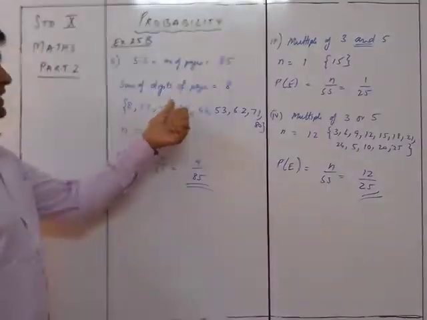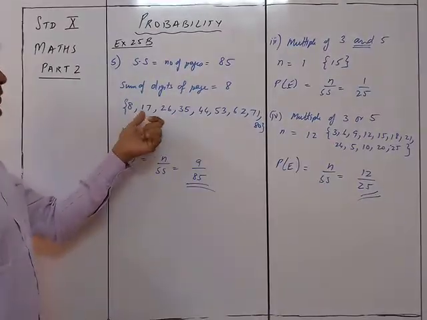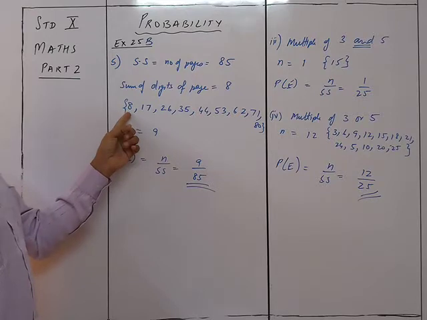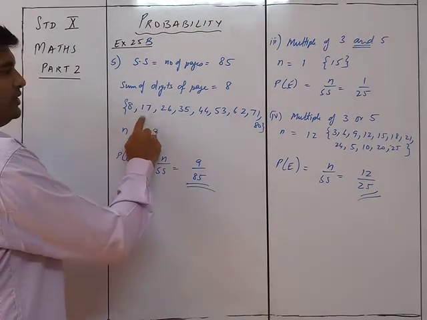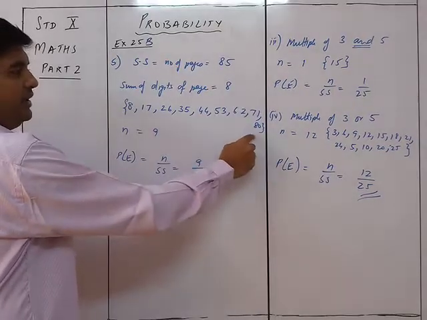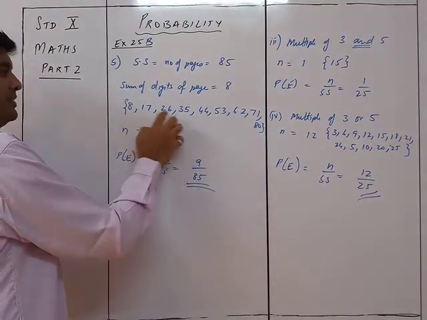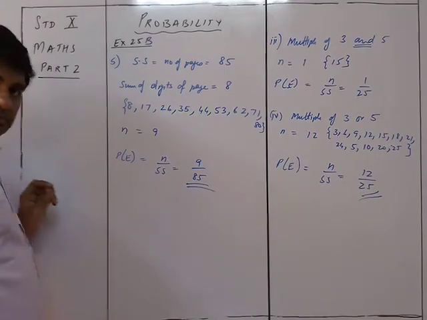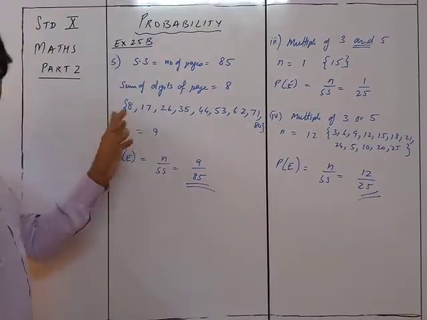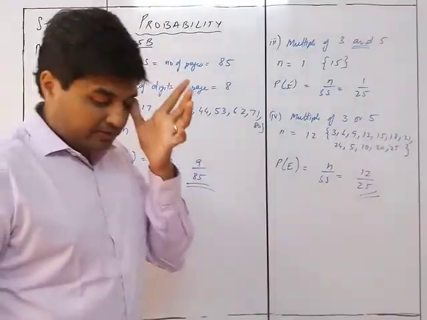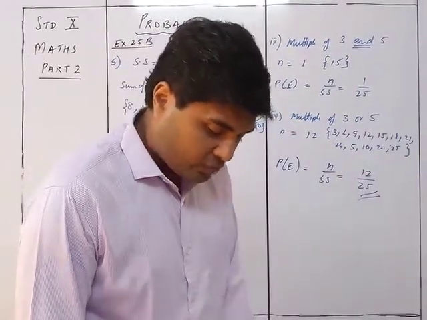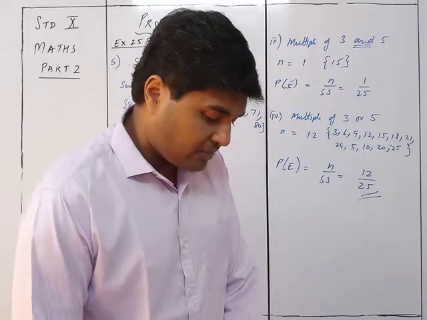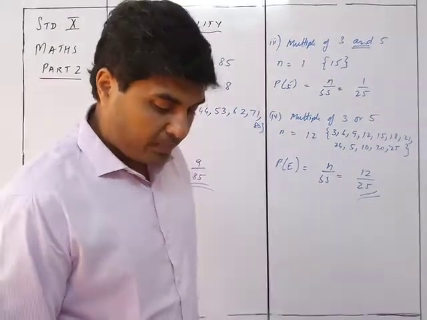The important thing over here is, sum of the digits is 8 means what? How do you do this? You just start with 8. That will be 1 and 7. After 1, take 2 here. So you can see one number is 1, 2, 3, 4, 5, 6, 7, 8. The other number will be the reverse: 7, 6, 5, 4, 3, 2, 1, 0. This is 0, 8. Anyway, it is simple: you just need to add the two digits to total 8. Hence the answer to question number 5 was 9 upon 85.